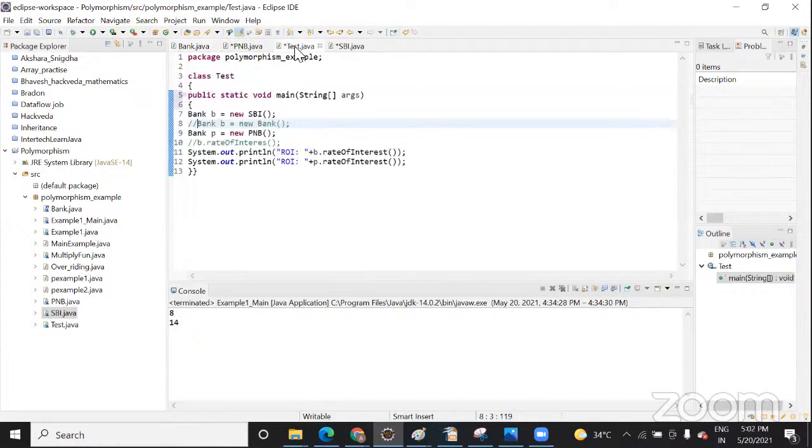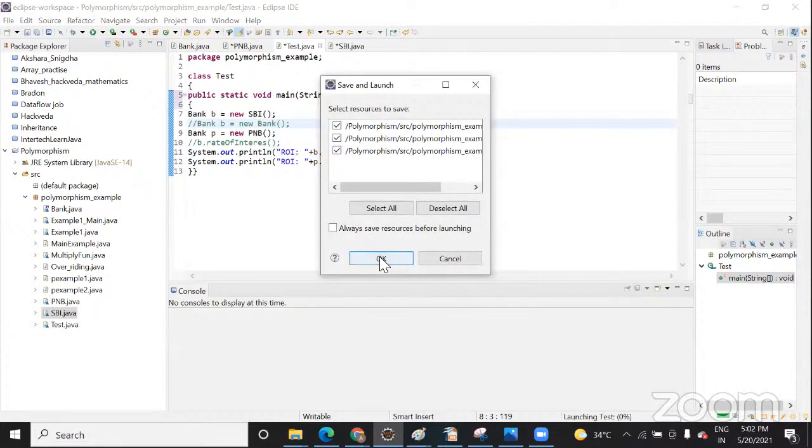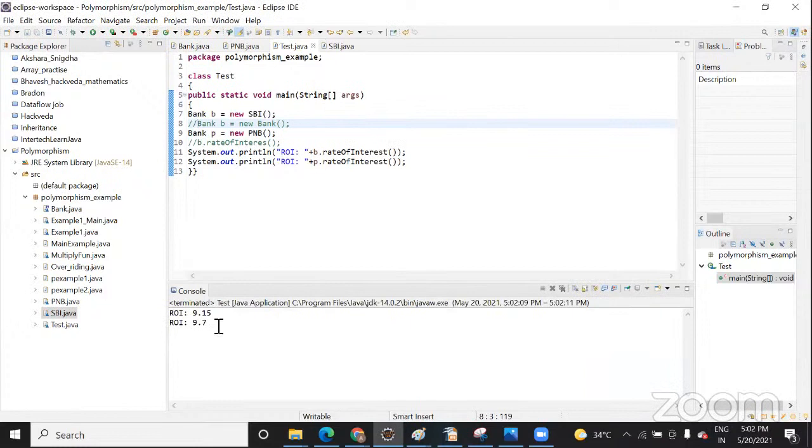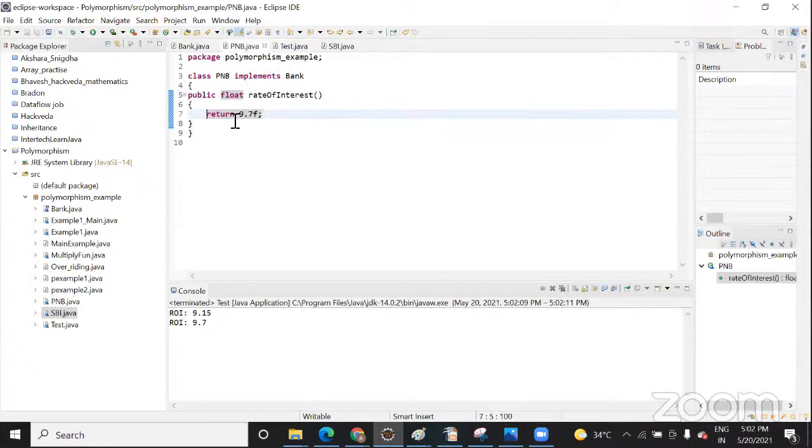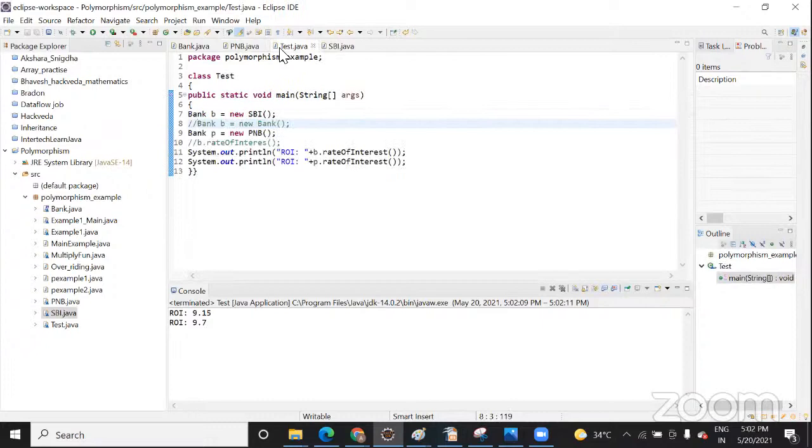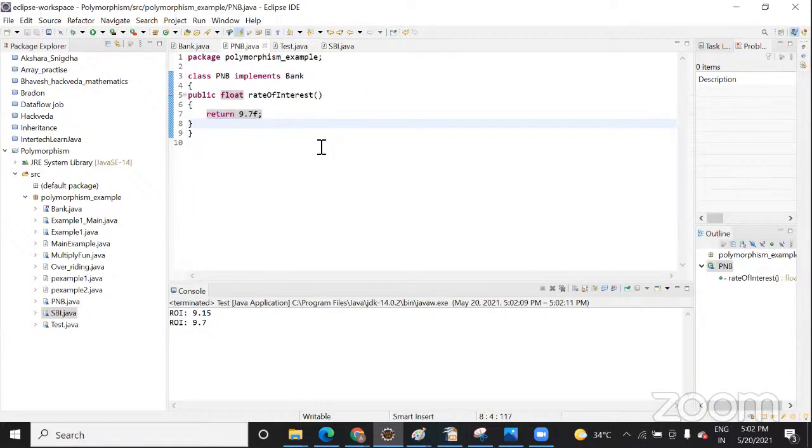When you want to run it, you can simply call it inside System.out.println. So let's run this. You can see they are showing it. Similarly, you can do further operations also. If this is just printing the interest, you can perform arithmetic operations, addition, subtraction. You can use arrays also, you can use strings also inside this. So this is the whole concept behind what an interface is and how you can implement an interface. In the next class when we connect, we'll do more practice on interfaces, and I will clear your concept also.